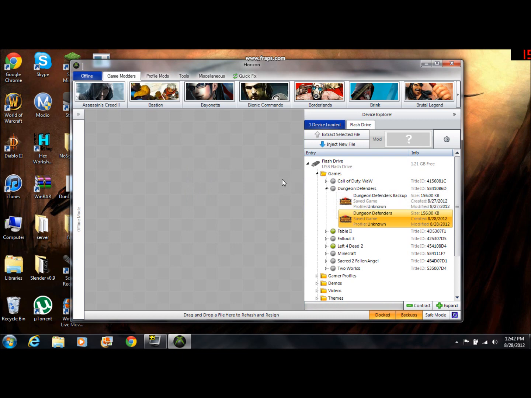Now once you've finished modding, just plug it into your Xbox. I don't know if you can move it to your hard drive or not. I would just leave it on the flash drive, that way if you want to mod more you don't have to move it over every time. But when you go to select,